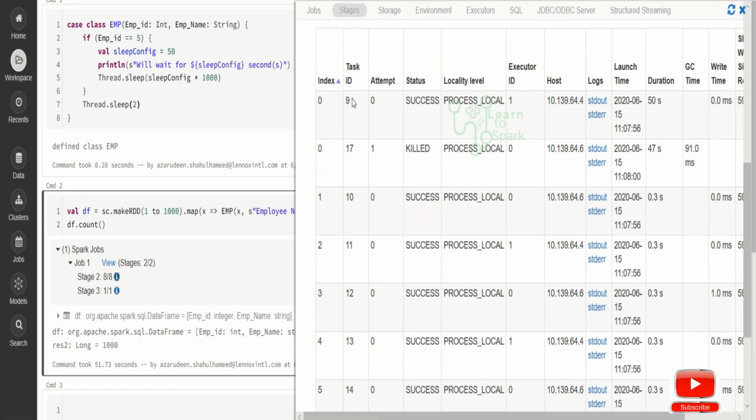Here you can see index 0 is repeated twice, and there are 2 attempts. One is killed and one is successful. Speculative execution is applicable only if we have 2 worker nodes. You can see the host ID is different.